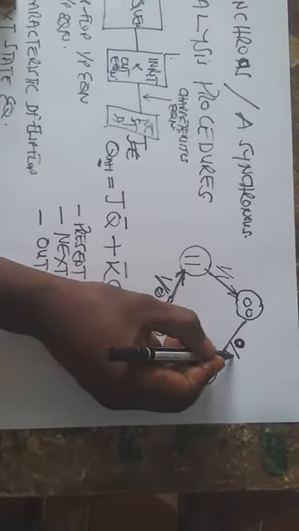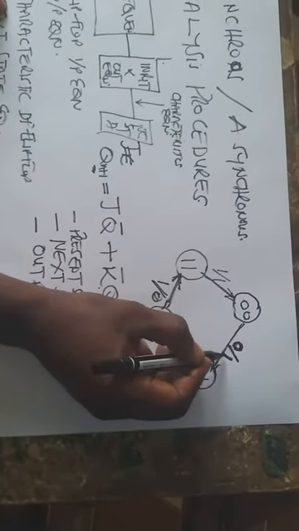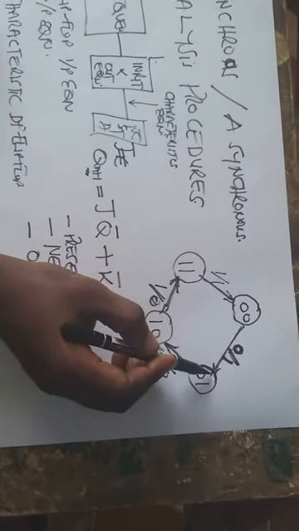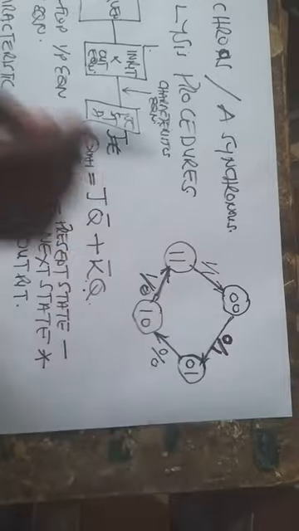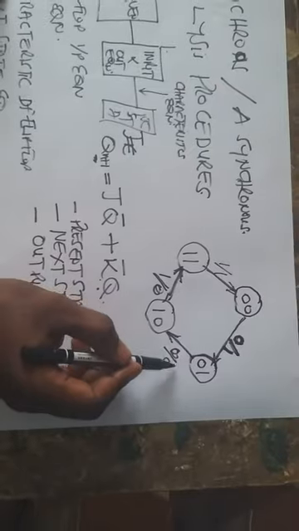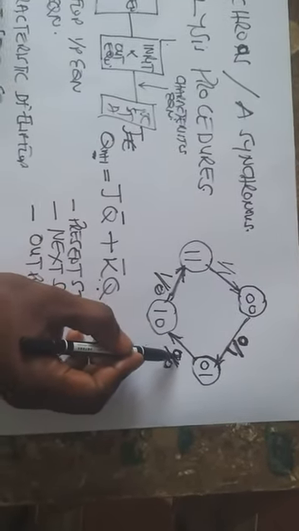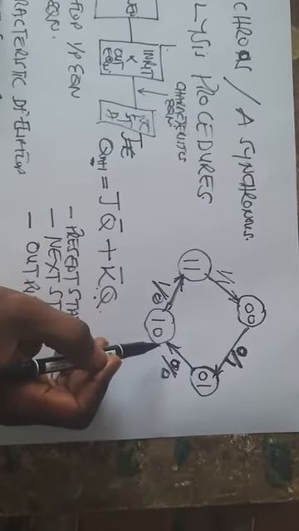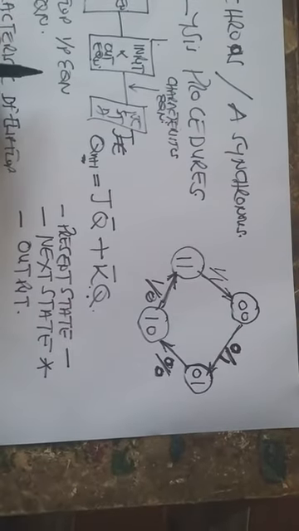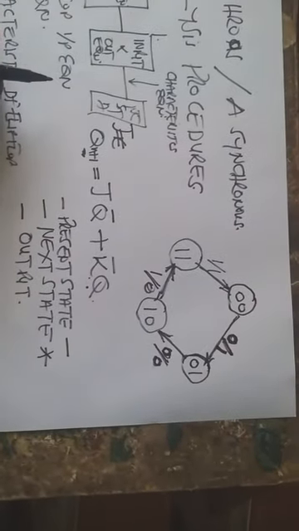Now, the second one, that is /1. The 1 after the slash is telling me that after the transition, the output changes to 1. So it's telling me the output. Okay, so 0/0 means that the input that causes the transition is 0, and then the output also is 0. Okay, so that is what I want you to recall.